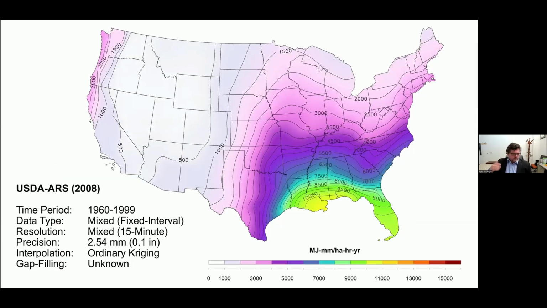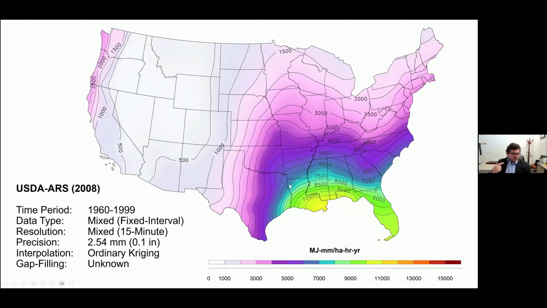So this is what is used in RUSLE2 currently for erosivity, and this is how it changes across the United States. Something I'll point out that's very important is that this is from 1960 to 1999. So the climate that we are still using today in conservation planning for the US is based on this period, and therefore the average of that period is around 1980. So our mean climate data that we're using for conservation is 44 years in the past. That's where the average of the data is. So that is a significant statement for you to understand.